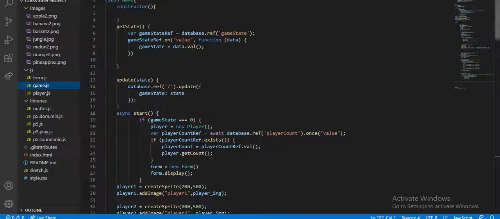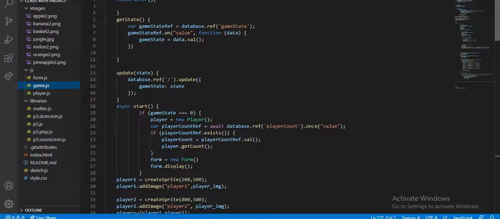So class Game, then the constructor, in which we didn't write anything. Then getState, with the variable gameState, referring to the database reference, and for that value, that function, it gives a data value.